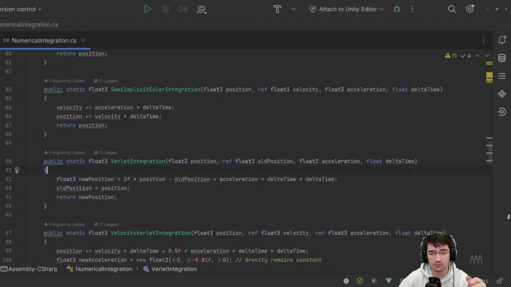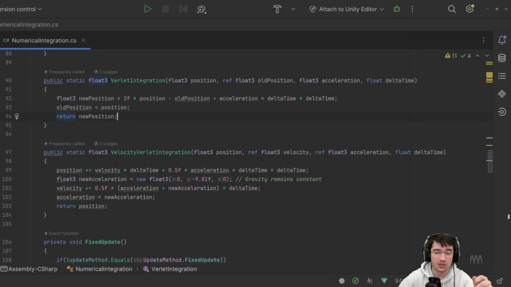So it's using both the velocity computed from the old position and the acceleration. That's basically the same equation as a projectile. And then it stores the position as the old position before returning the new position. This one has the main drawback of not being self-initialized, meaning that you need to have the previous position to compute the velocity. It's not tracking explicitly the velocity, which is the purpose of the velocity Verlet integration,